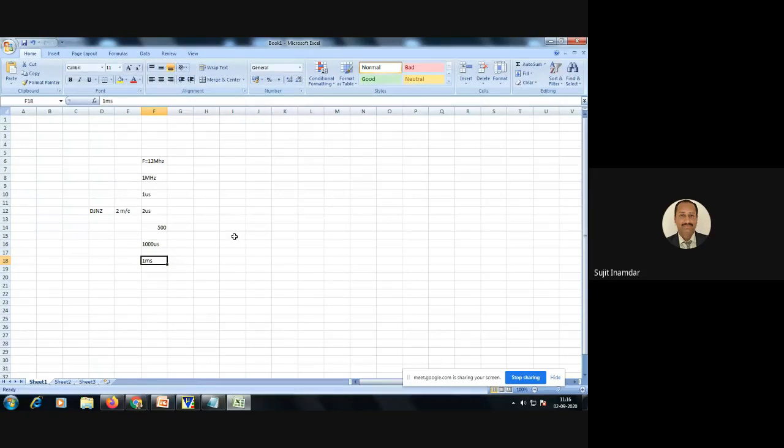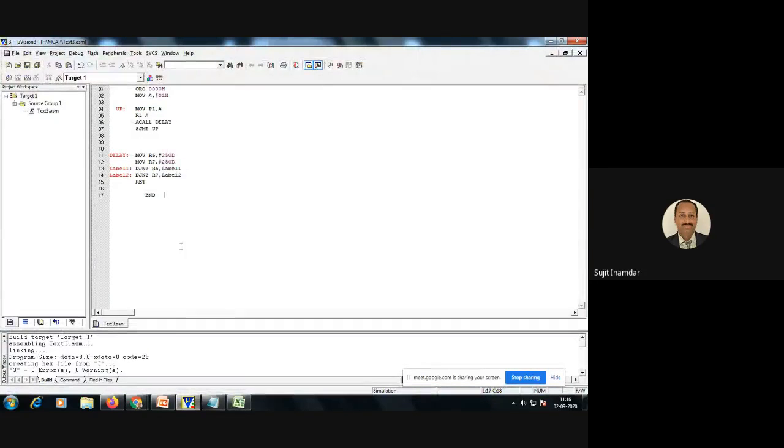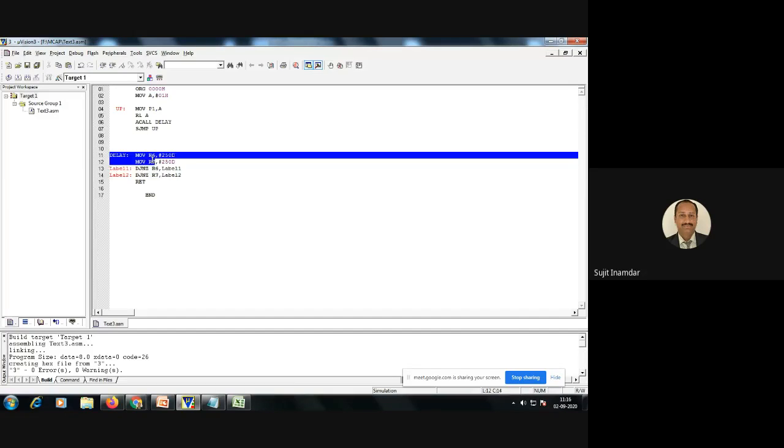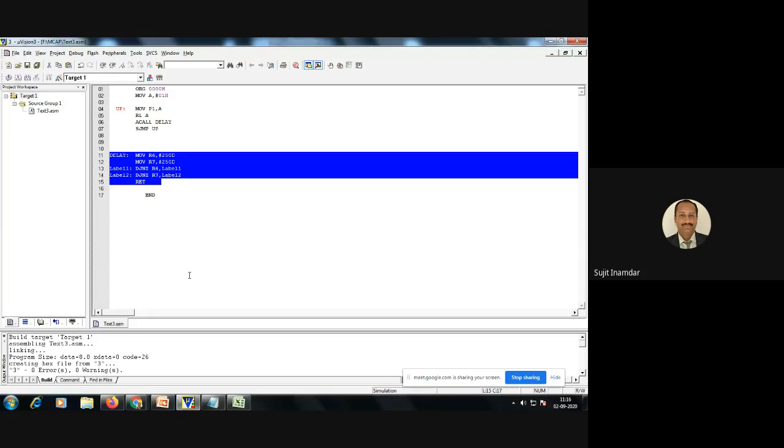Note it down. Okay, so this is the modified, correct delay program for 1 millisecond, and always the same code you can insert in any program. So you just make it the final code for delay,